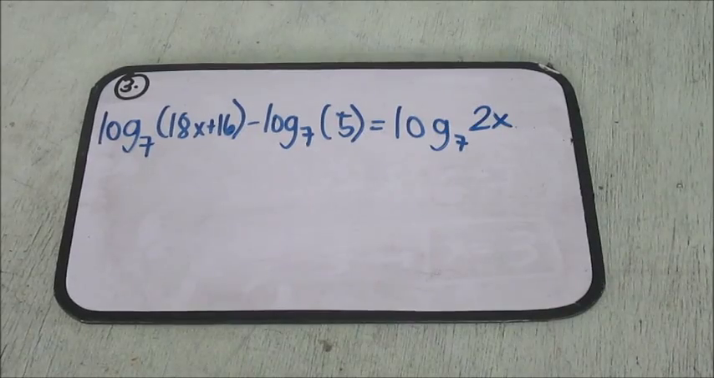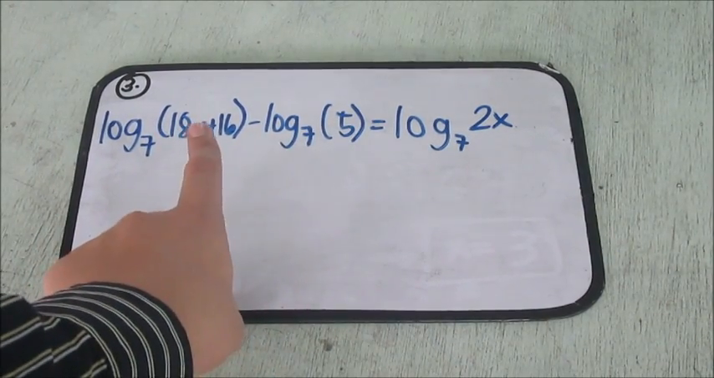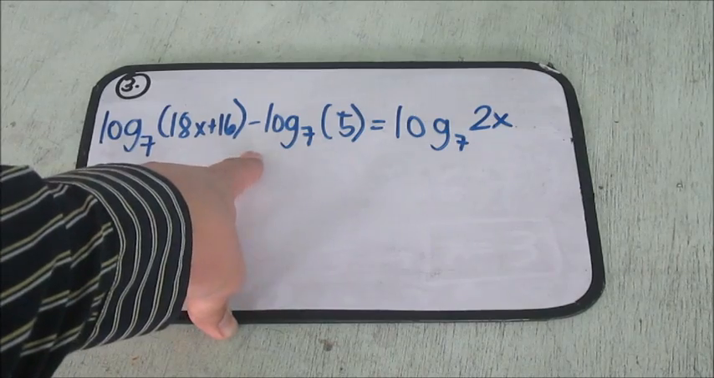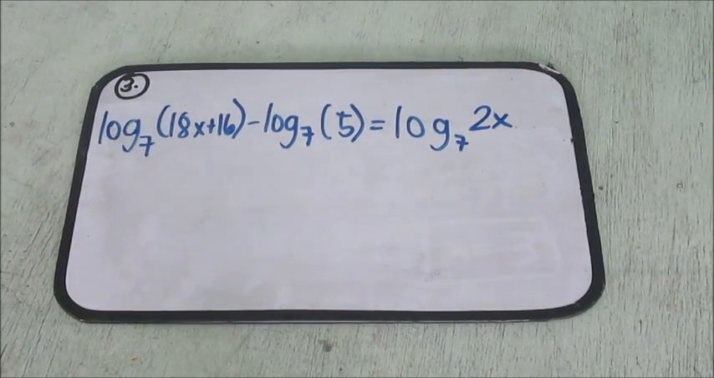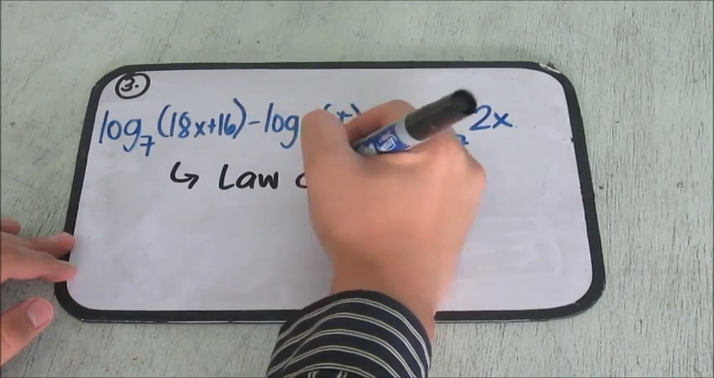For the next given, we have logarithm of 18x plus 16 to the base 7 minus logarithm of 5 to the base 7 is equal to logarithm of 2x to the base 7. Upon analyzing the equation, we can say that the law of quotient can be applied here since we have subtraction. So by using the law of quotient,